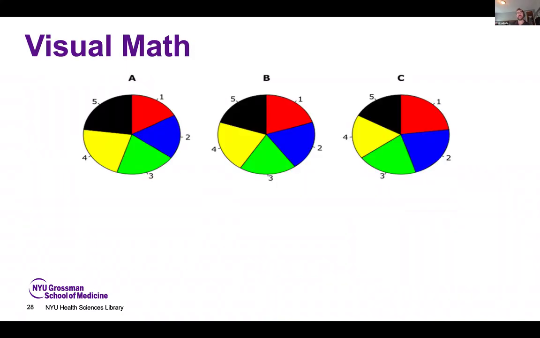There's also the challenge of something called visual math. So I mentioned earlier when we were looking at that slide with the stacked bar chart and the slope charts, that pie charts, these are pie charts specifically, tend to get a bad rap. And just focusing on any one of these, which would you say is the largest wedge, say, on circle B? And you can enter your answer in the webinar chat. And let's see, red, 5, which is black.